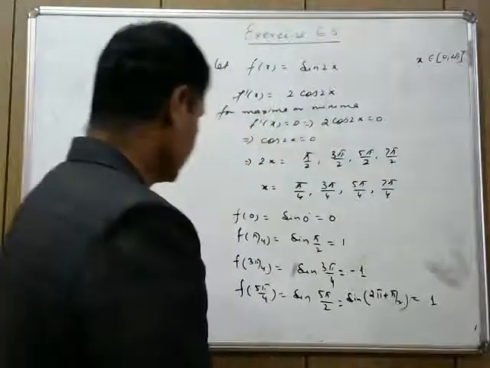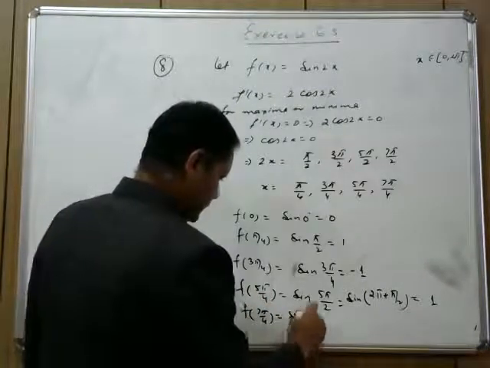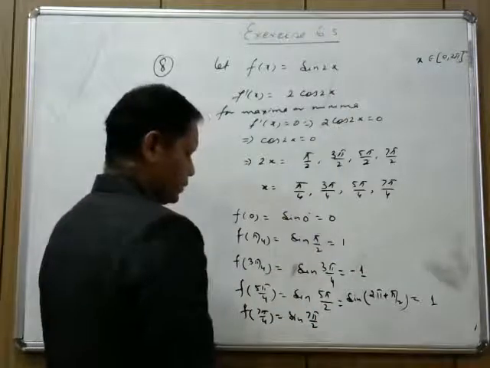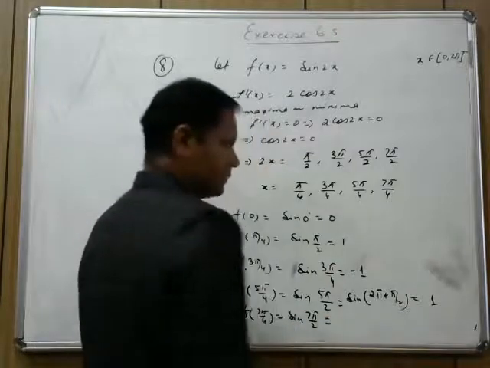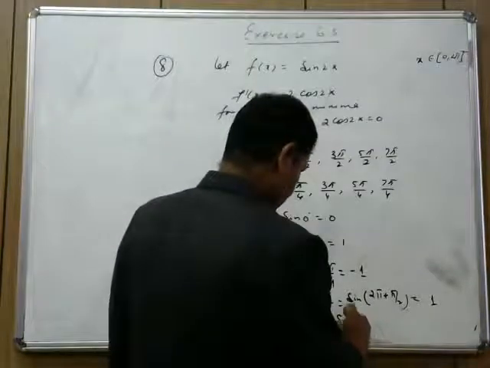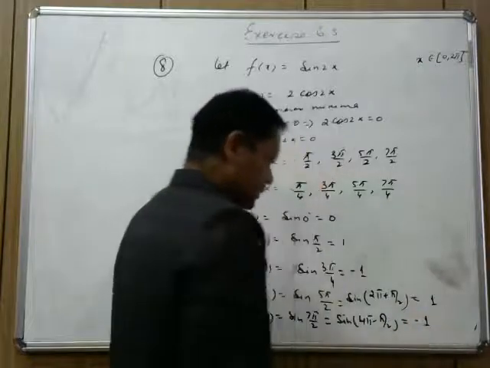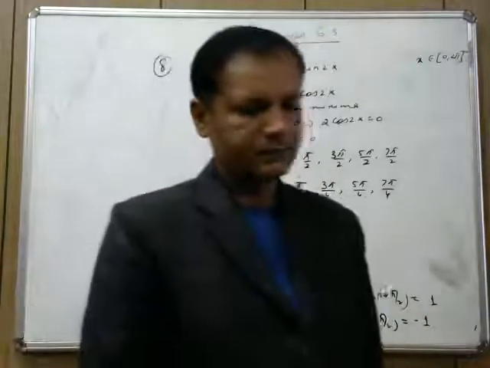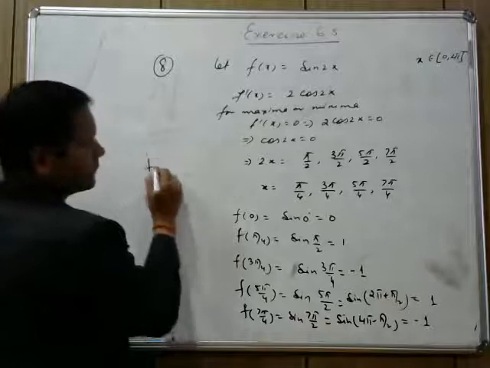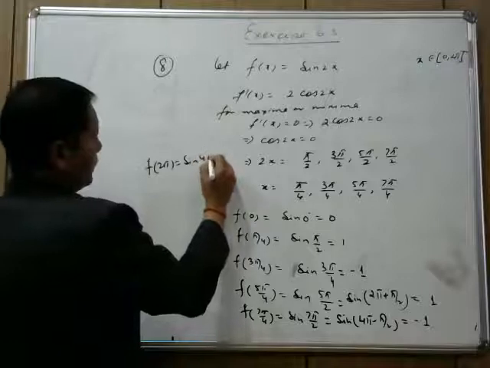Now 7 pi by 4. We will get sine 7 pi by 2, because 2 into 7 pi by 4 is 7 pi by 2. What will we write? 4 pi minus pi by 2. So that is equal to sine of 4 pi minus pi by 2, fourth quadrant, how much? Minus 1. Now f of 2 pi is equal to sine 4 pi,